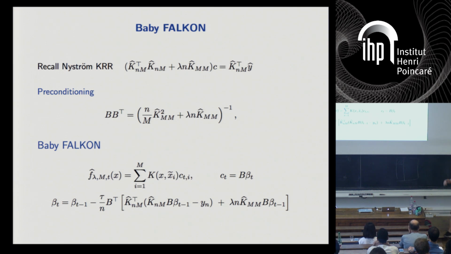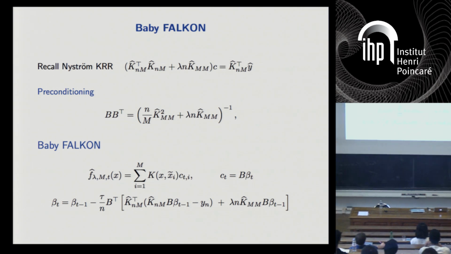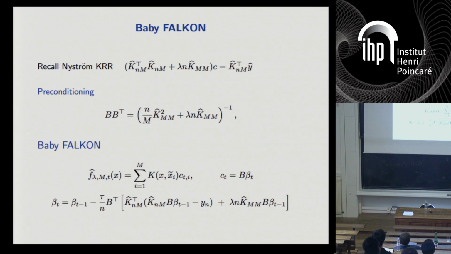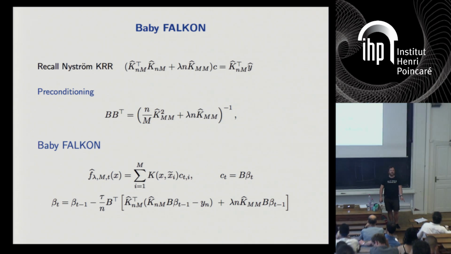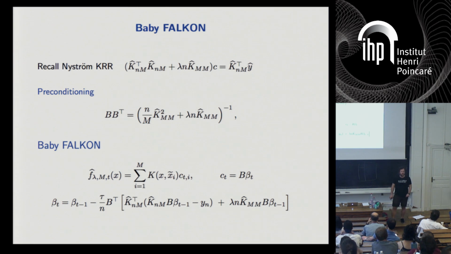Then you just proceed in the standard way. Here I just show you the basic gradient descent iteration on the reduced system with the approximated preconditioner. To the best of my knowledge, even in standard randomized linear algebra, the idea of doing the random projection step twice has never been investigated. The idea of doing preconditioning, a lot. The idea of using random projection, a lot. The idea of using some kind of approximation, yes. But the idea of using random projection twice,